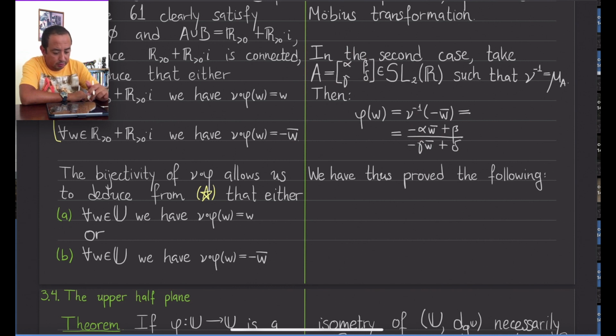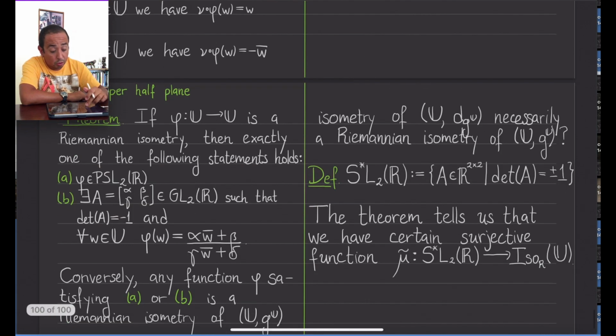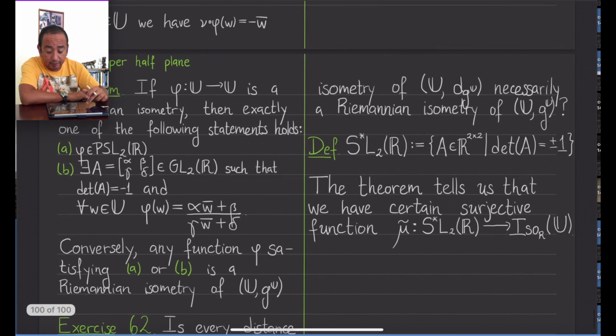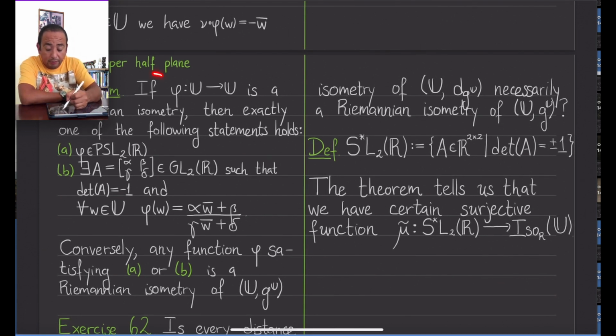Okay, and once I consider that, I say maybe in order to obtain arbitrary isometries, I can relax the condition that this must have determinant 1 to allowing it to have determinant -1, and then in that case I plug in the conjugate instead of W itself, in order to still have a function that preserves U. So what I have proved is this theorem, the theorem I was looking for: if you give me a Riemannian isometry for the hyperbolic Riemannian metric